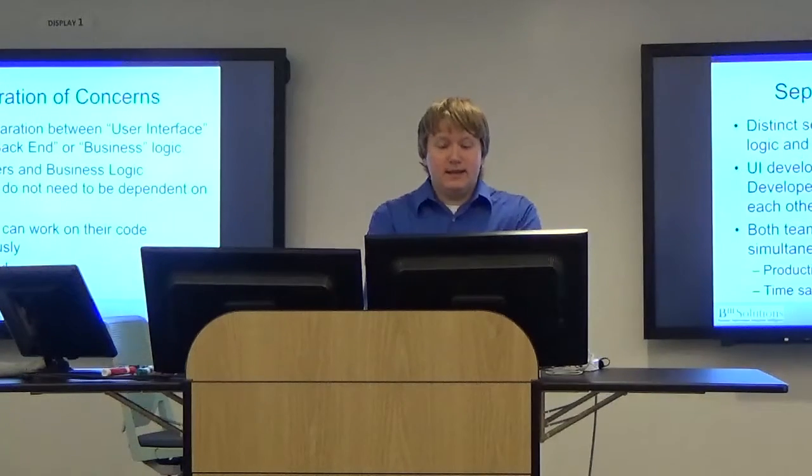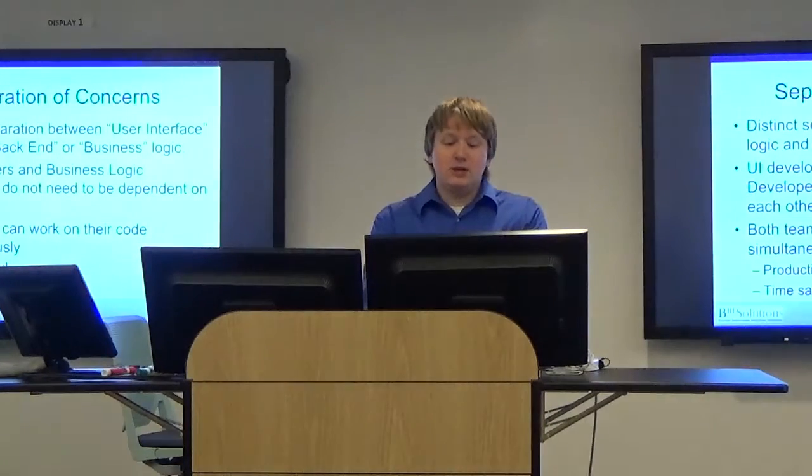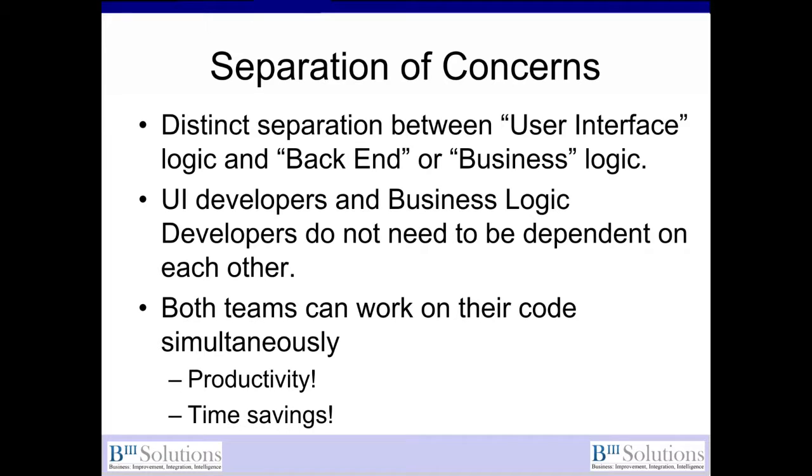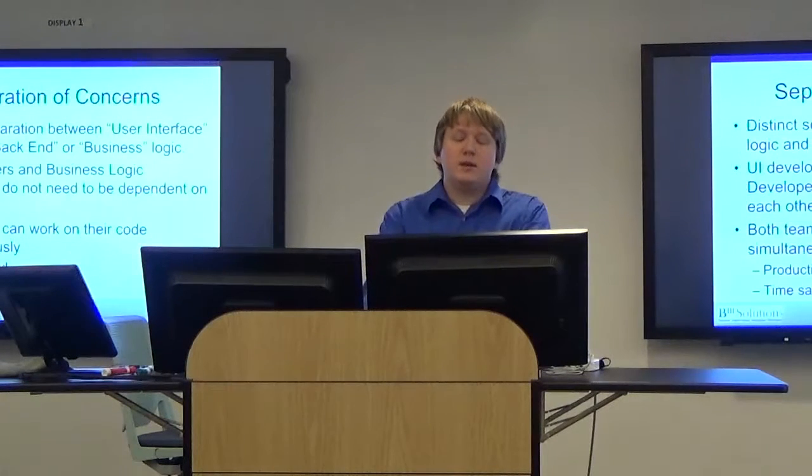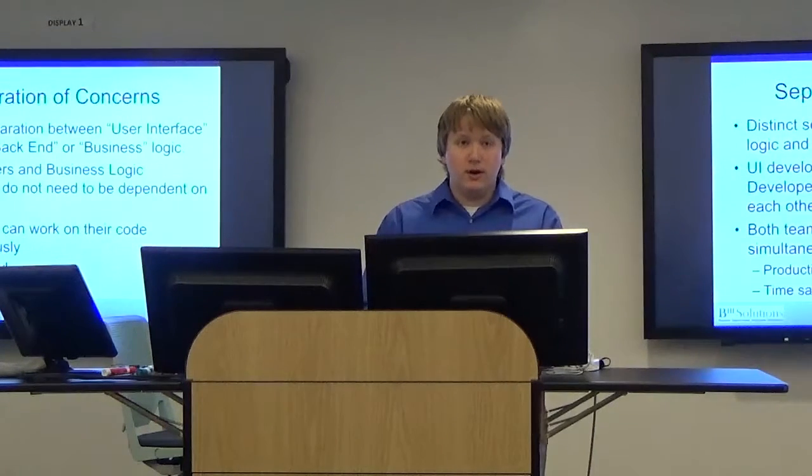One of the big ideas of these architectures is a separation of concerns. What we want to do with this stuff is make a strict distinction between what goes into the user interface, or what we're calling a view, and what goes into the back end, or the business logic of our code. This makes sure that when we separate these things out, we can have two different developers or two different teams working on two different sets of code for the same application, but they're not dependent on